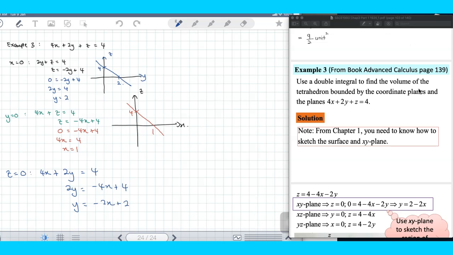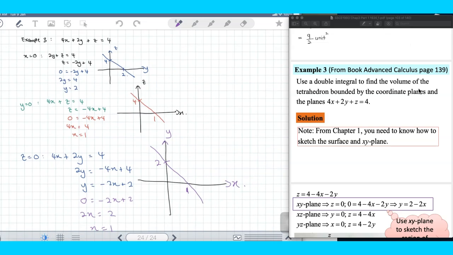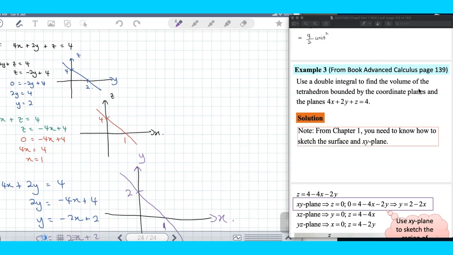The graph still has a negative slope, and now it is y versus x. At y it is 2, and at x you replace y with 0, and you get 2x equal to 2 and x equal to 1. Okay, so now you have to combine all the three traces